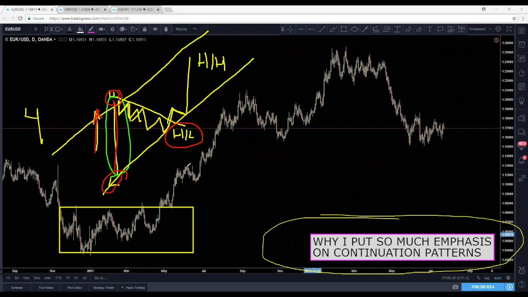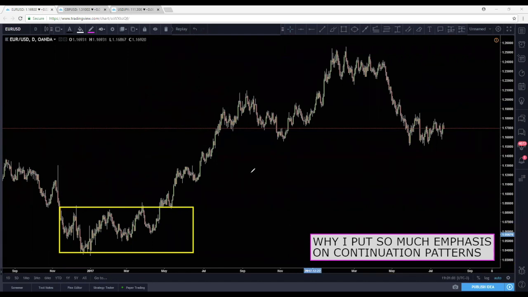And so now you guys should understand how trends come about and how many points we need to validate a trend. Now let's go back into why I put so much emphasis on continuation patterns when we're looking at structure, after it makes an impulse, either from a bullish perspective or bearish. Now let's take a look at the 3 examples that I have here. First, legends, let's take a look at Euro-US dollar on the daily.